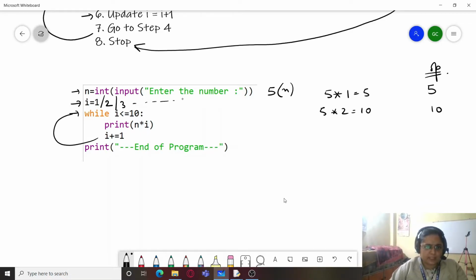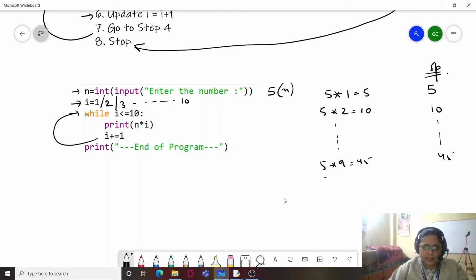And the moment it reaches 10, it becomes 10 over here. Just imagine that after printing 5 nines are 45, that is somewhere here, 5 into 9, 45, I becomes 10. And it again goes back and checks, the condition is still true because 10 is not less than 10 but equal to 10.